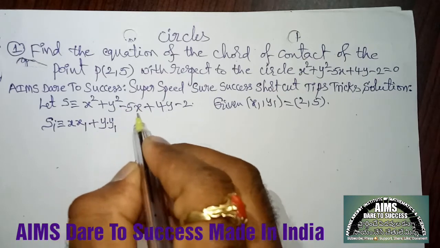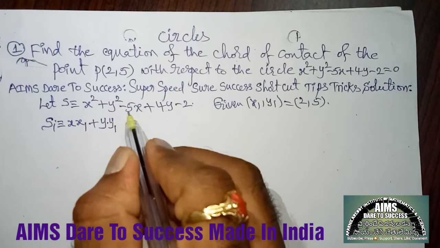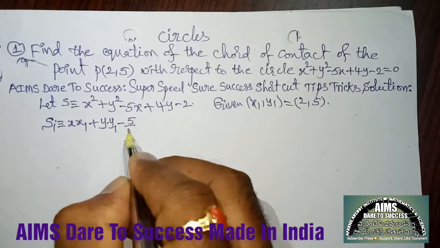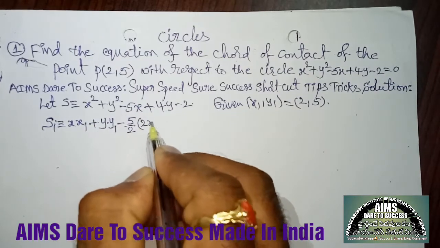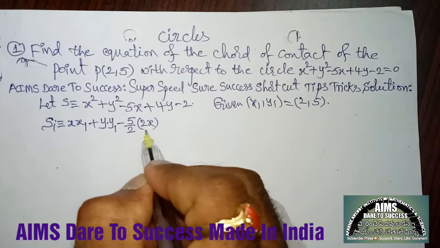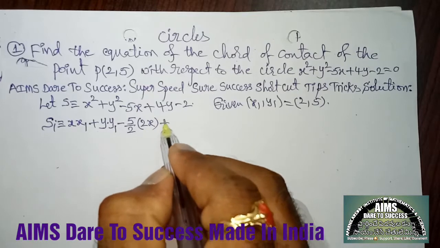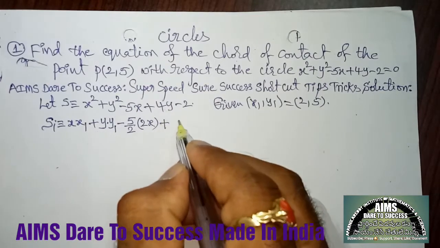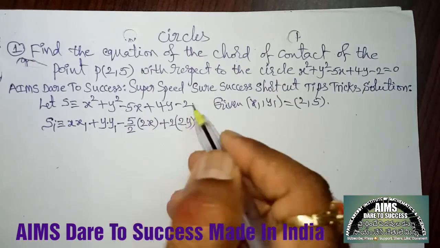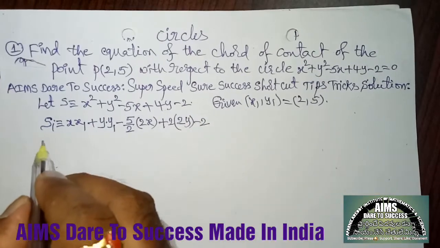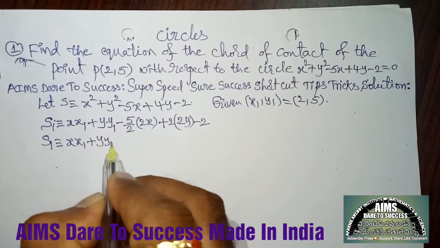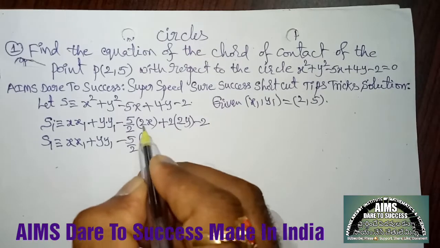After that, the x coefficient is 5, but we are not taking 2 common. So now you have to multiply with 2 and divide with 2. See here that the 2s get cancelled, you will get minus 5x only, but don't do the cancellation, my dear students. After that, here 4y, from this you have to take 2 common, remaining value right inside, 2 into 2y minus 2. So here S1 is equal to x1 same plus y1 same minus 5 by 2 into this 2x